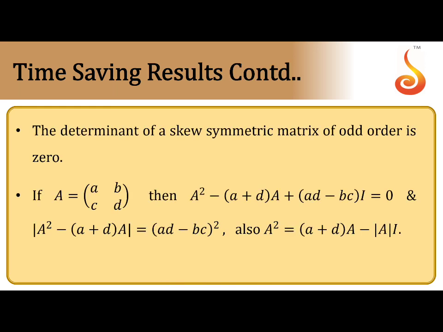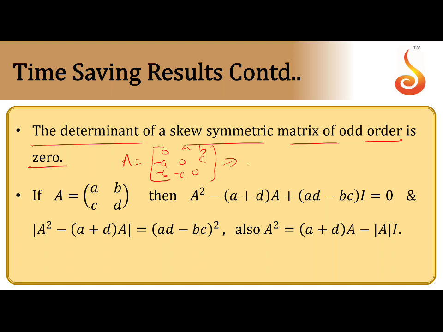Next, the determinant of a skew symmetric matrix of order 3 is 0. This is one standard property. If there is a skew symmetric matrix of odd order, odd means if it is third order or fifth order, but we have only third order. I'll take one example, a third order skew symmetric matrix. All the principal elements should be 0. This is a, b, c. This is minus a, minus b, minus c. In this case, obviously, these two are opposite signs, these two are opposite signs.